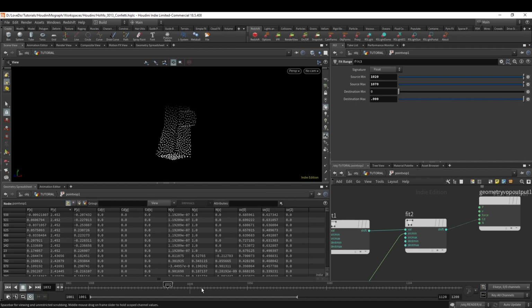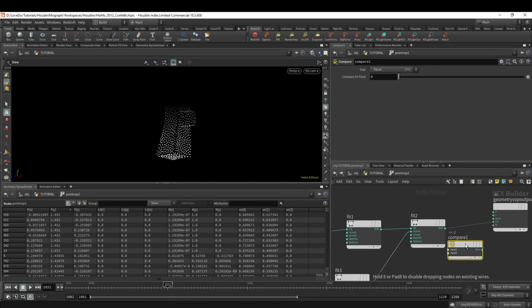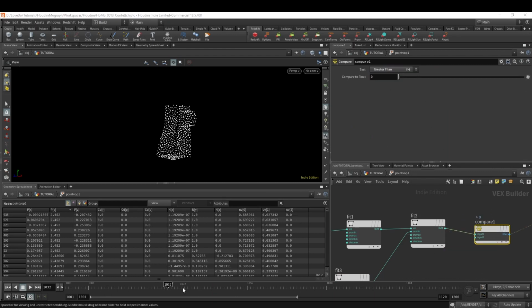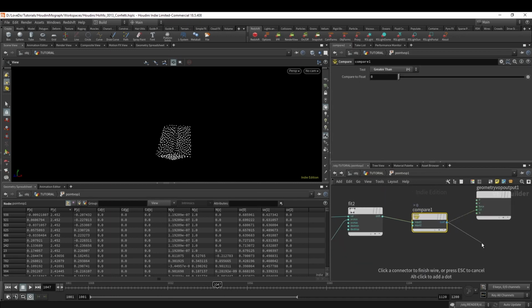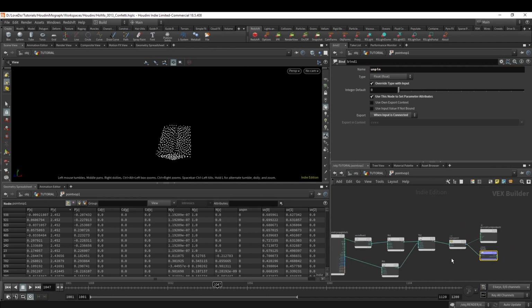But we want it to just be on or off. So we're going to use a compare node and just set it to greater than 0. And there we have it. Now bind export this to an attribute called unpin for us to use. And now let's bind export another attribute, which we're just going to hook up here, the ptnum, and name it